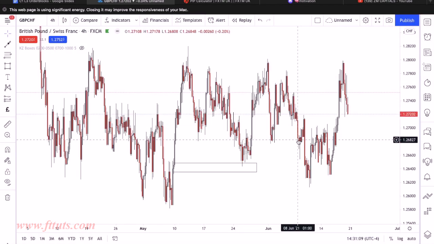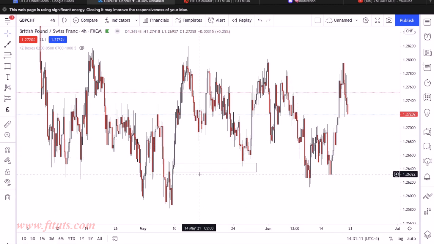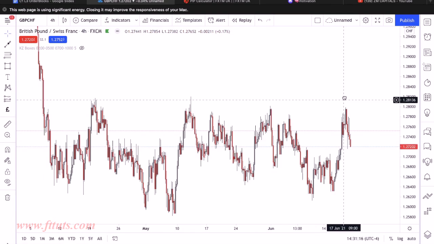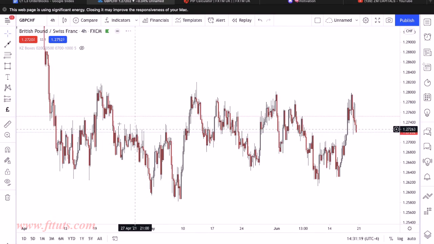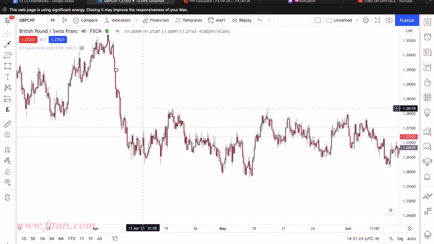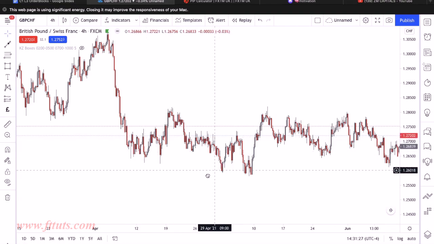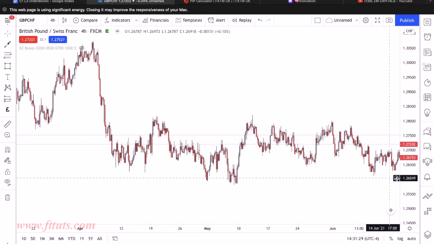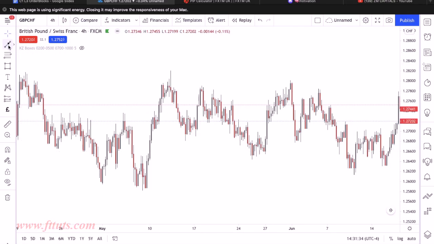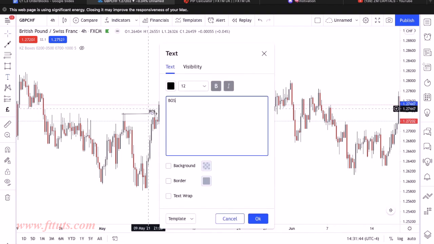So how I took this trade and why I took it. Let's ignore that for now. Clear up the chart. So first things first. Price was in a downtrend, right? Price was creating lower highs, lower lows, and that was our most recent lower high. Okay, so at this area over here is where we got in our break of structure, right? This is where the break of structure happened. So if I write that down, break of structure,